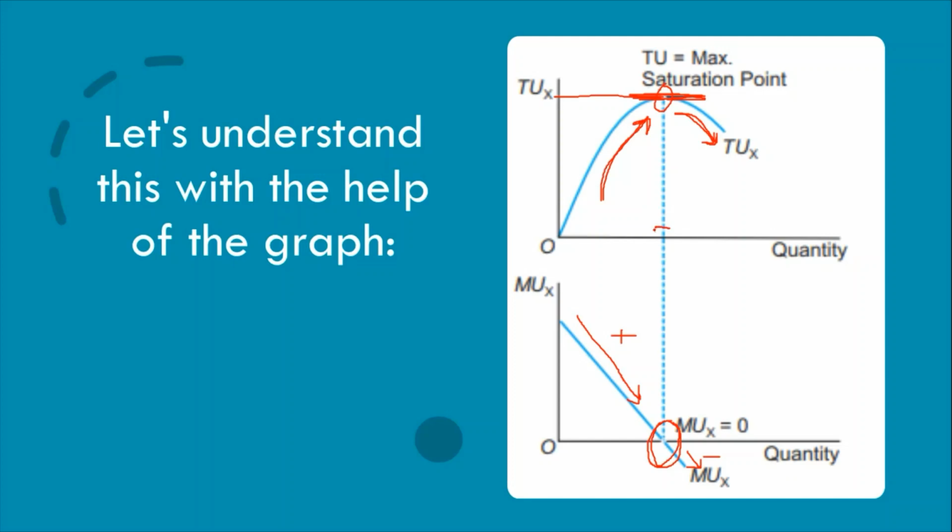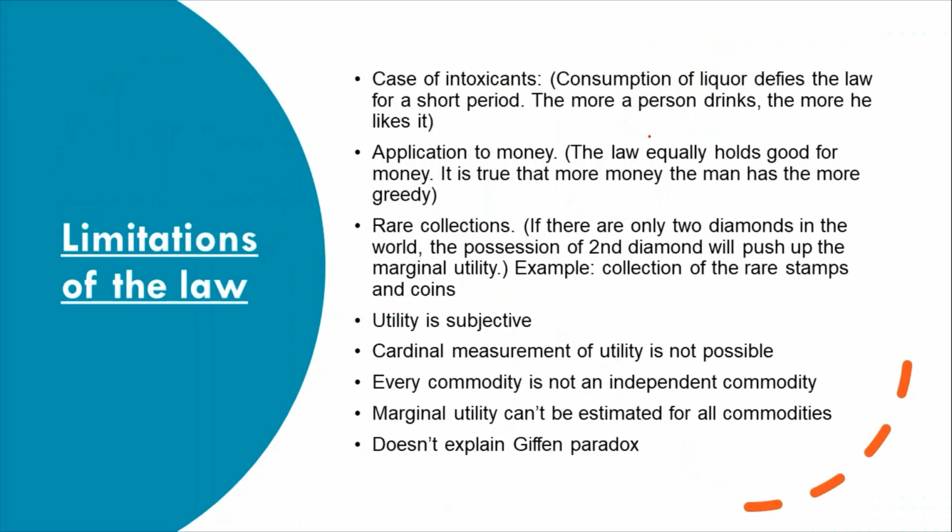So this is the quantity you will stop at if you are a rational consumer. Because at this point you've reached your saturation point, you've reached your equilibrium, you do not want to move away from this. So it's easy. We've actually studied this with the help of a table, as I've mentioned earlier in our previous video. So that way it's easier to understand.